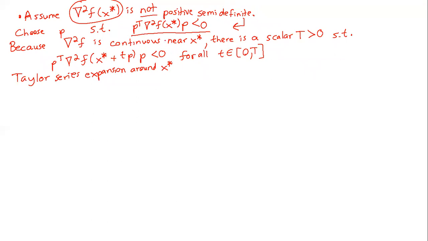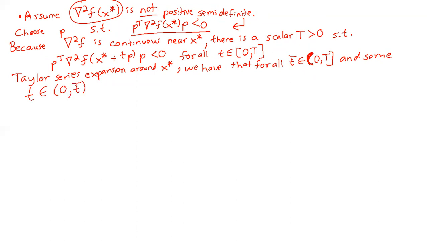In a very small neighborhood, we have that for all p bar contained in the open interval 0 to T, and some p between 0 and T bar, some fraction of the T bar here,